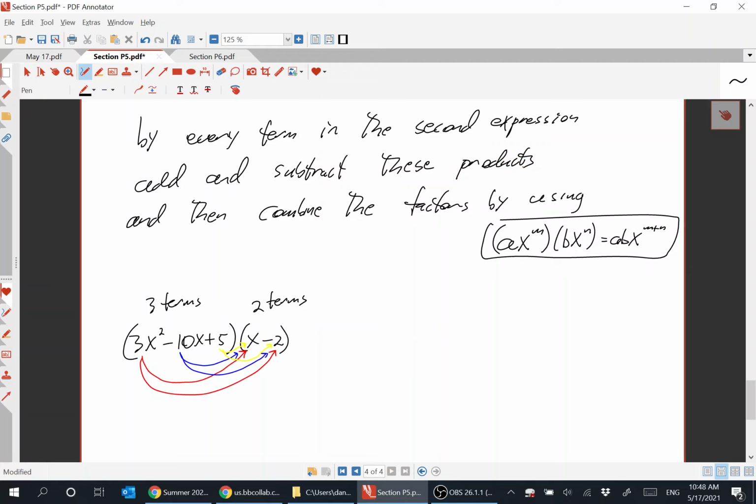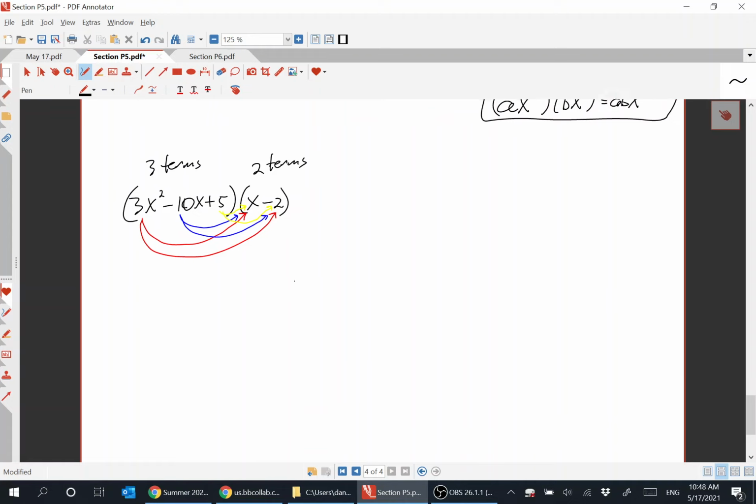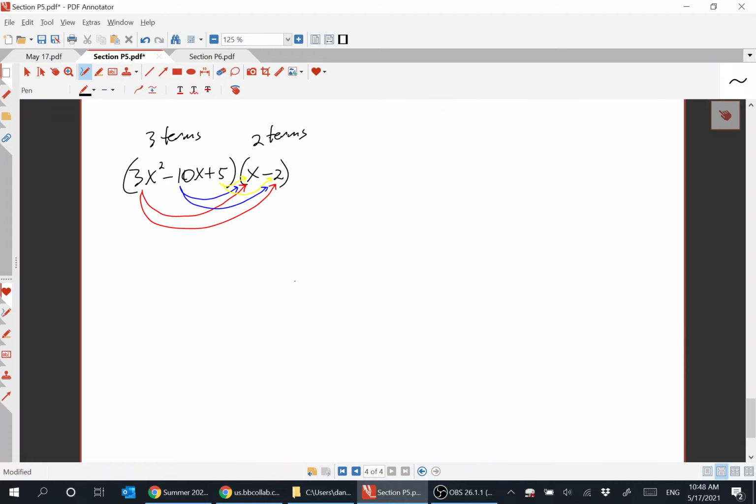And subtract these products and then combine factors using this thing here. So, okay, 3 terms by 2 terms. I'm going to take every term in the first and multiply it by every term in the second and add all that stuff up. Subtract, add as appropriate. So, for example, here,